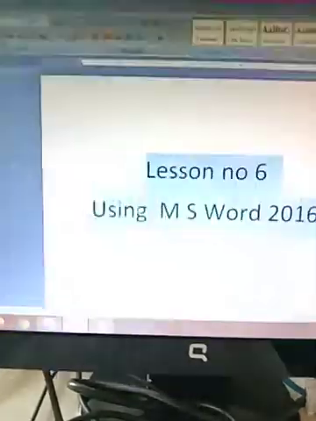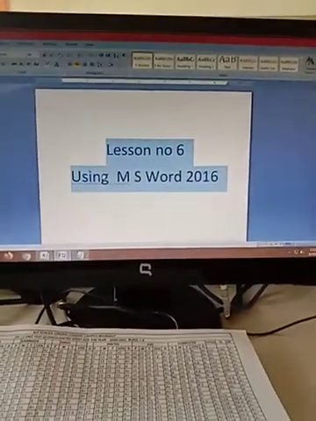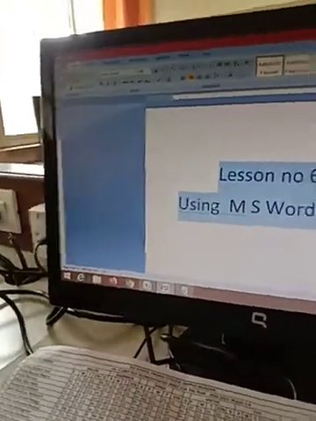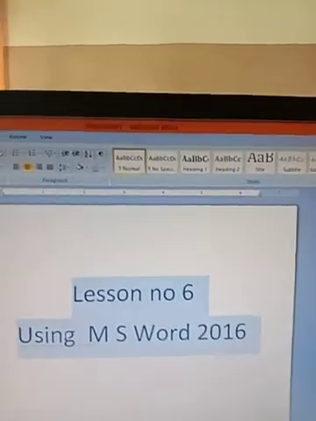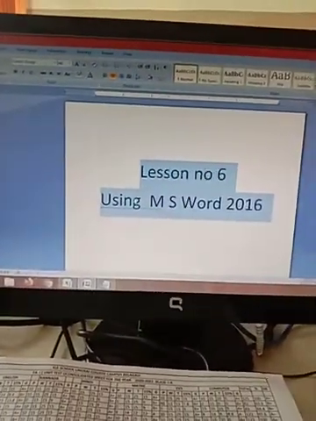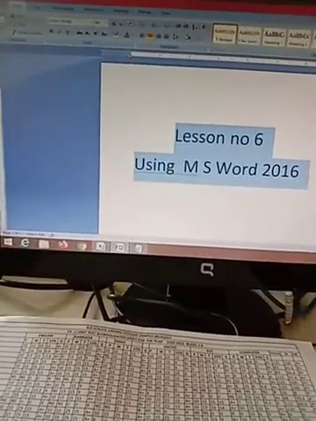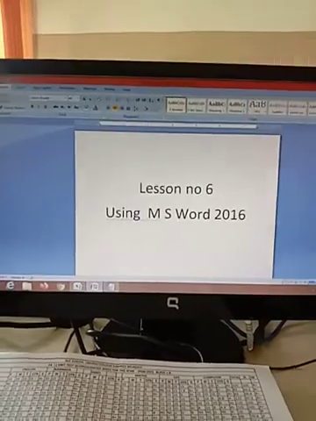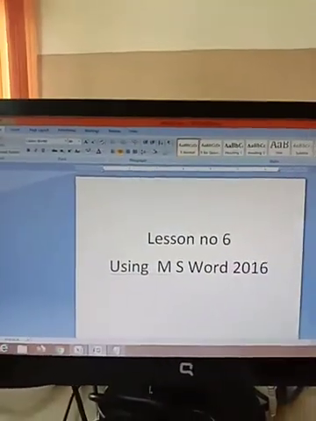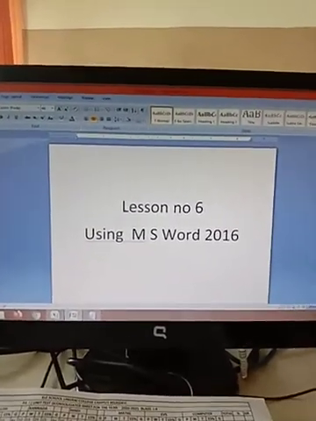So I will click on this. So you all can see, children, this is the first screen of MS Word. We are learning MS Word. MS means Microsoft. This is called the first interface of your MS Word, where you are going to type your text. This interface is divided into many different standard tools. So let me introduce those.